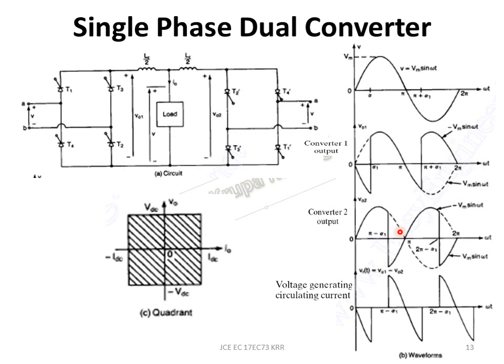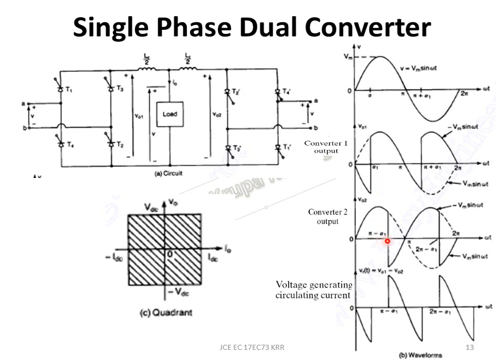Now there is a catch here: if I call the firing angle given to this converter alpha 1, then the firing angle that should be given to converter 2 will be pi minus alpha 1. That is the rule that will be followed. If I have to achieve the same voltage output, looked at from this side and this side, then the condition is that alpha 1 plus alpha 2 should be equal to pi. So if alpha 1 is given here, this has to be pi minus alpha 1.